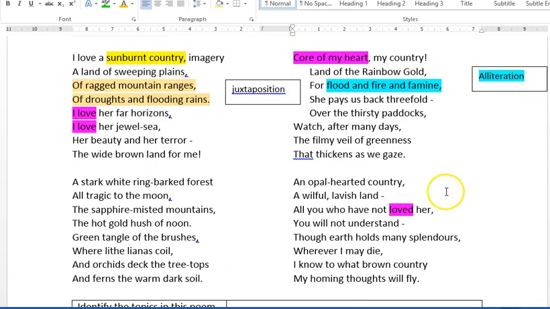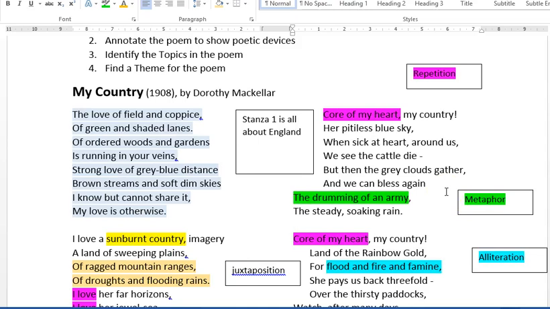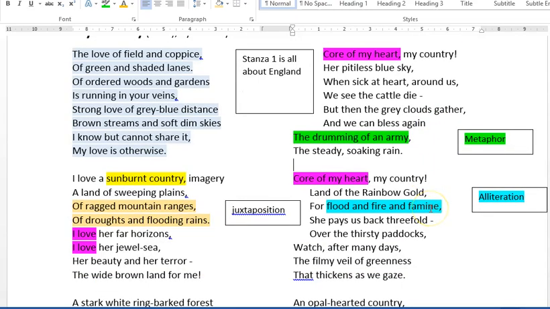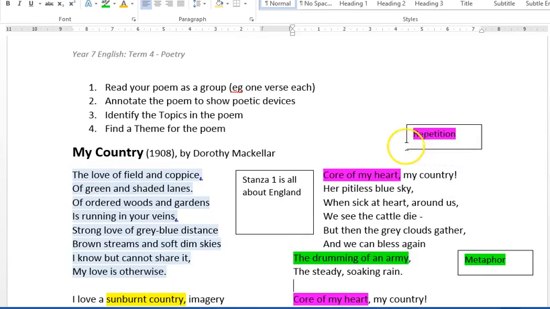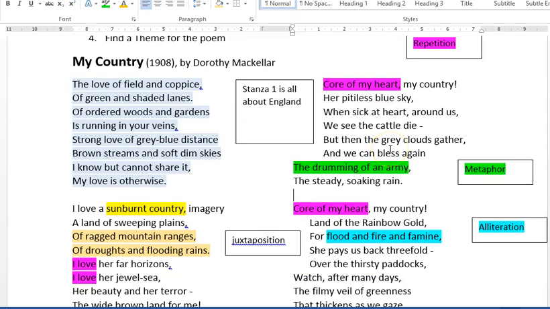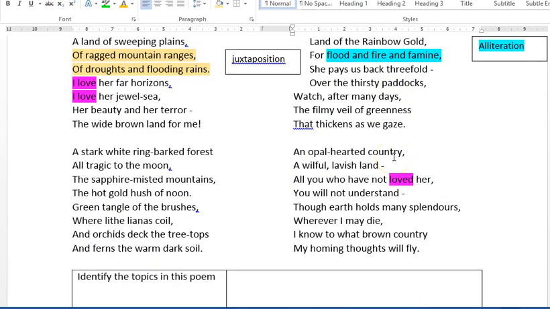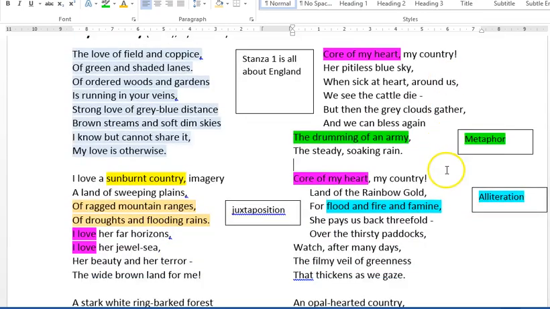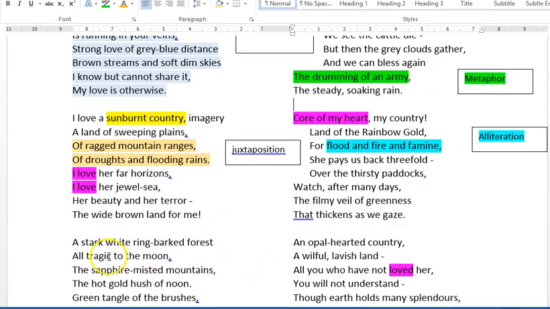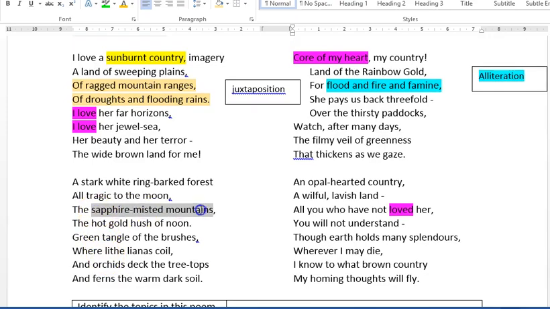So I'm going to stop there because I could go on for another 2 hours about this poem, but this is going to give you enough for you to then annotate on your own copy of the poem. So you're not allowed to print this one out and bring this one in. You have to annotate it on your own copy. So the one with the smile analysis on the back. But this will give you quite a lot for you to be working on. And you might find some other things in here that you might like better. You might like to talk about this imagery. It's totally up to you. Okay.